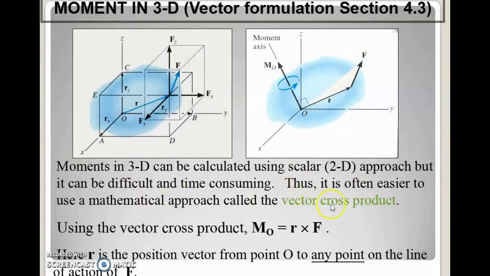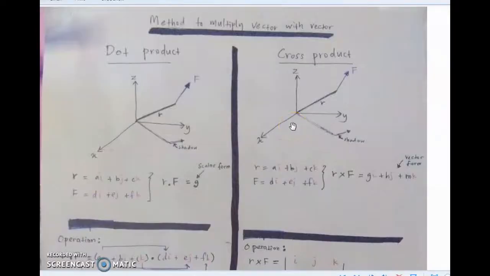So in a vector cross product, we can use just one operation to find M naught, which is the moment, equal to r cross F. Here r is the position vector from point O to any point on the line of action of F. Cross product is a kind of method to multiply